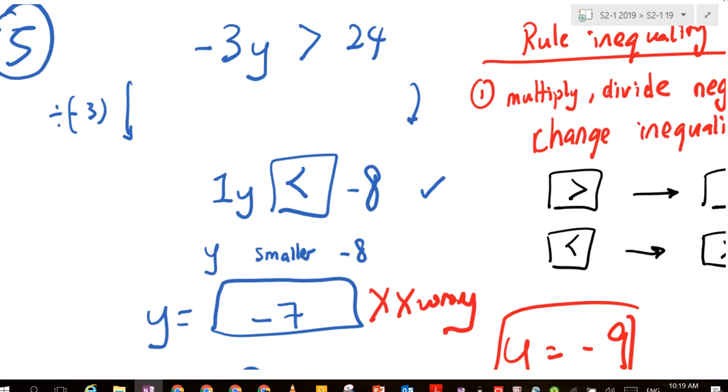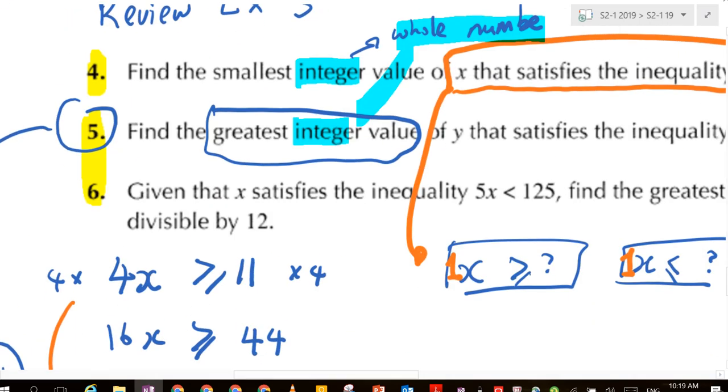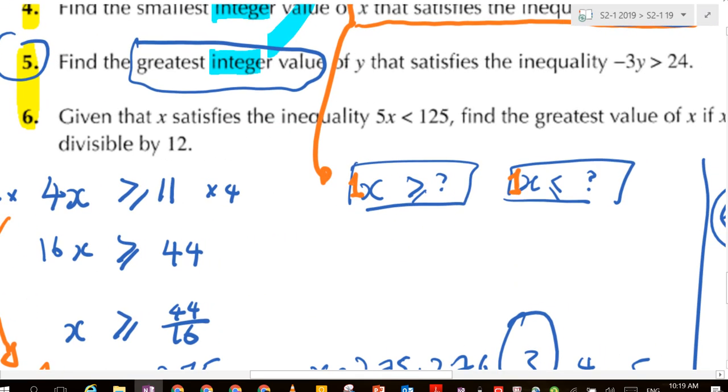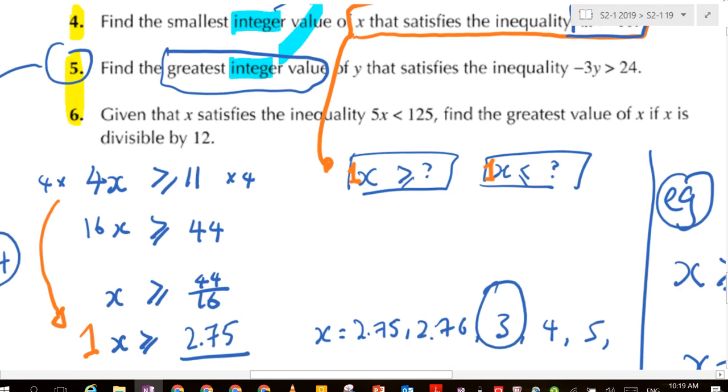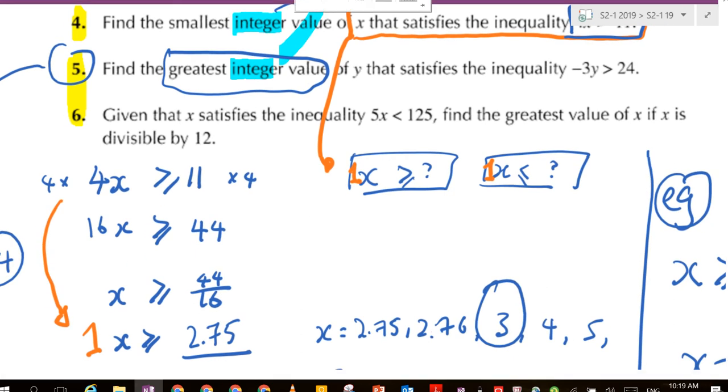Correct. The answer is -8 bigger than y. But if you read from -8 bigger than y, you are always in trouble. It's always easier to read y smaller than -8. If you read -8 more than y, very difficult to understand. Now, while Lucas explores question 5, can I pause the video now? You try question